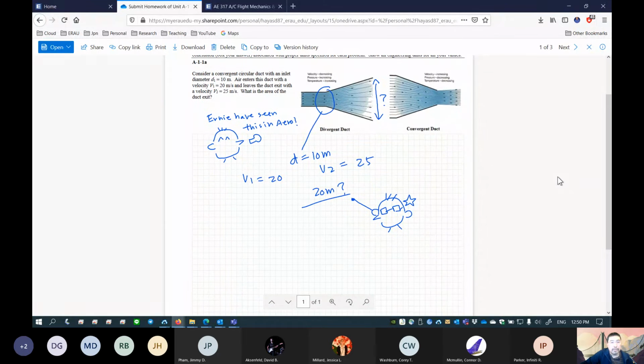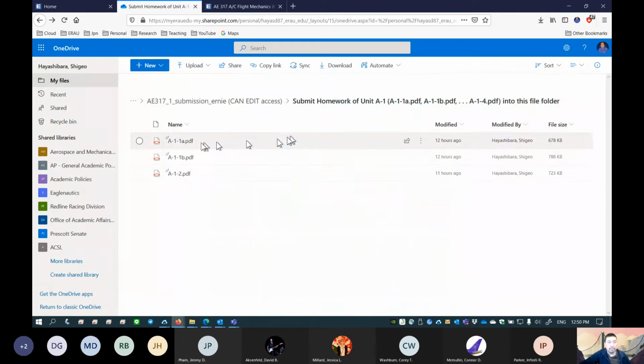Consider a convergent circular duct with an inlet diameter d1 of 10 meters. Air enters this duct with a velocity of 20 meters per second and leaves with 25 meters per second. What is the area of the duct exit? Has Ernie seen this in Aero? I don't think so, but let's move on.